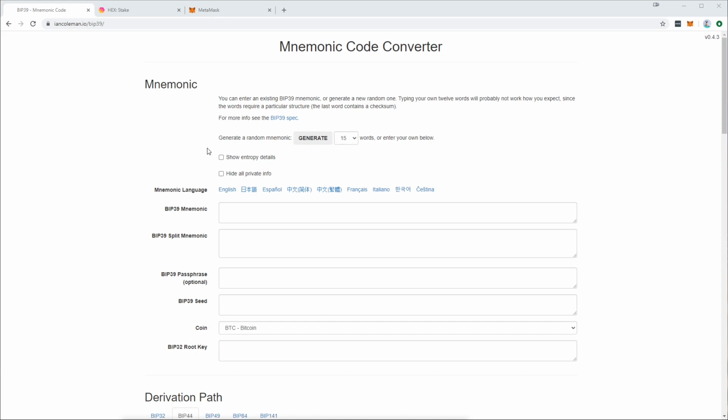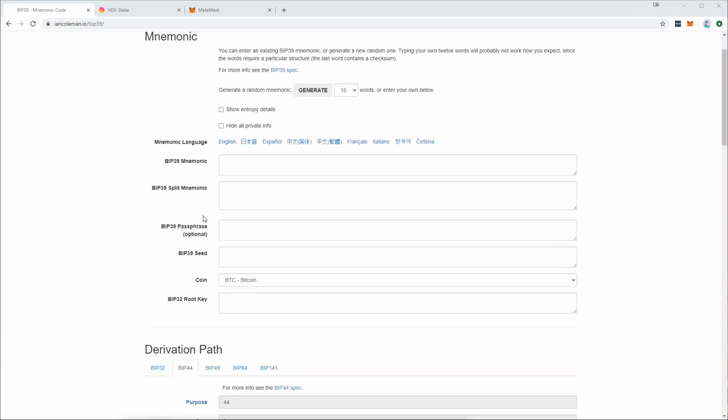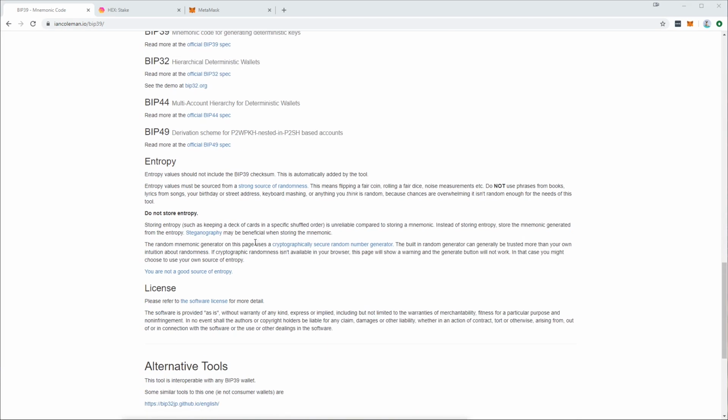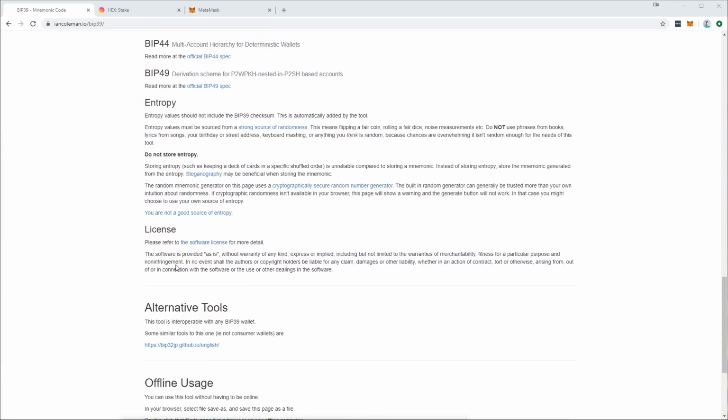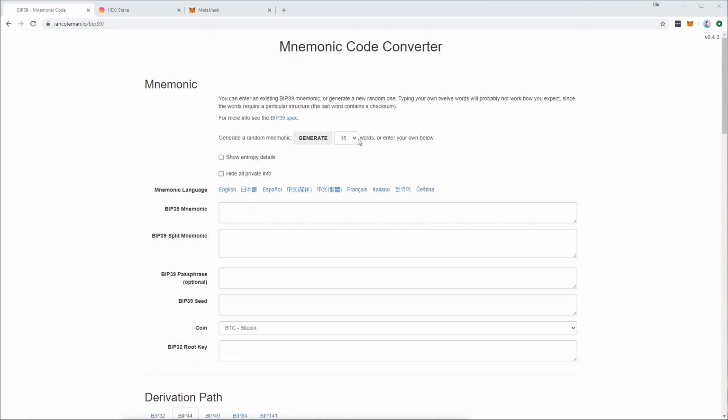Now, I'm not suggesting you go generating your seeds using this software. I think it's a rare instance where you should be generating seeds using software like this. You should be using wallets to do all that sort of stuff. But if you want to tinker with this a little bit more, at least get the version where you can do this offline on an air-gapped computer if you're going to store any assets in a wallet you create with this. But this is a pretty cool site just for learning a little bit more about how wallet addressing works,